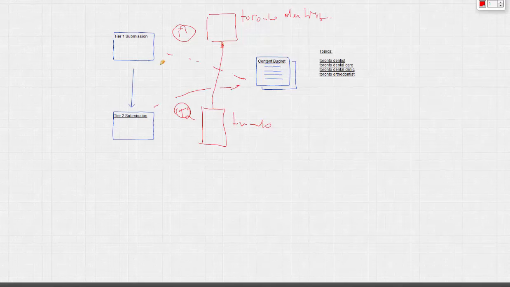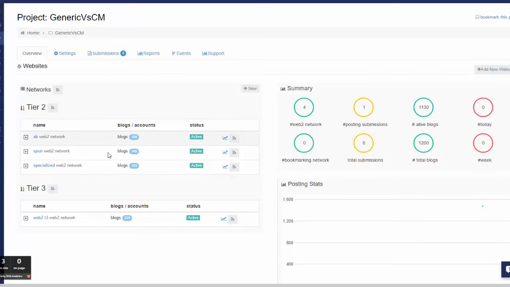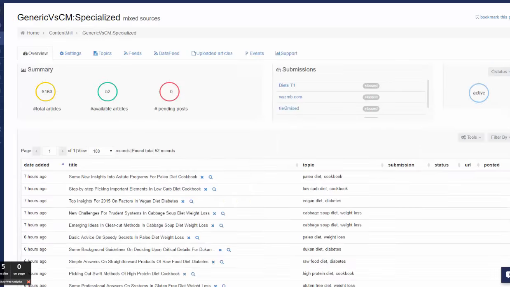RankQuiz guarantees that if you use two-tier submission and you use the same content bucket, the second tier topic will be exactly the same as the higher tier topic. In other words, this is a project and this is a tier 2, and it is automatically backlinked on tier 3 using the same Content Mill.